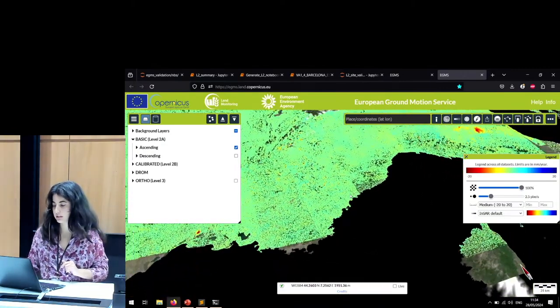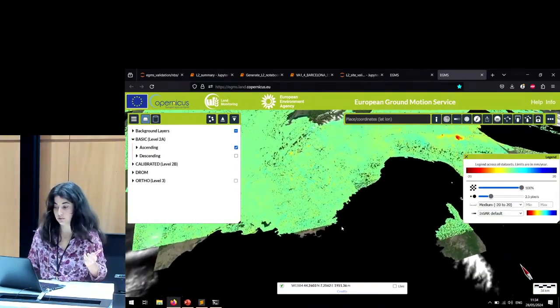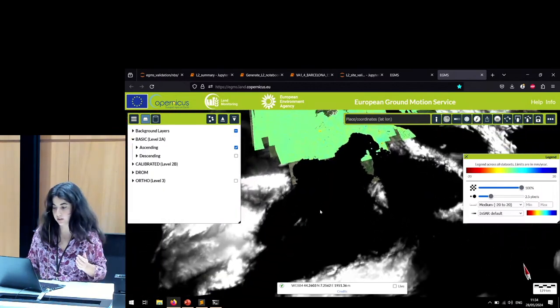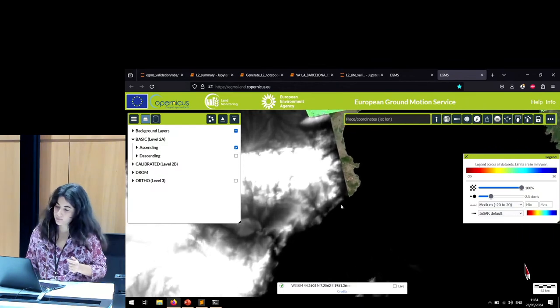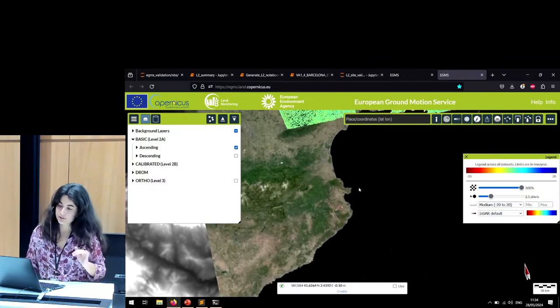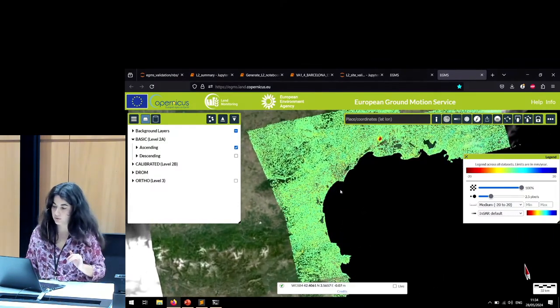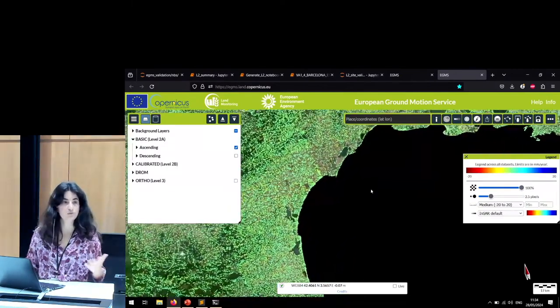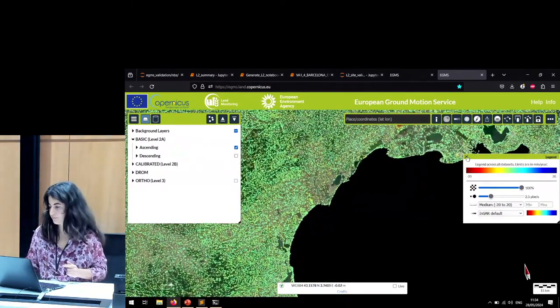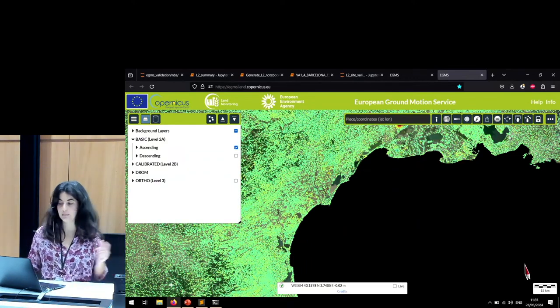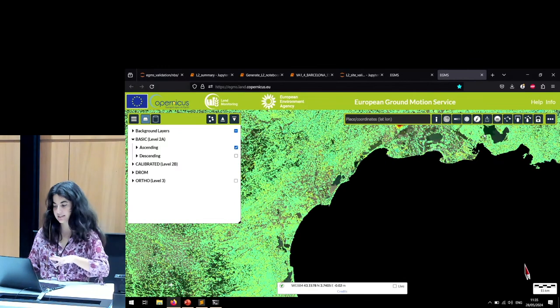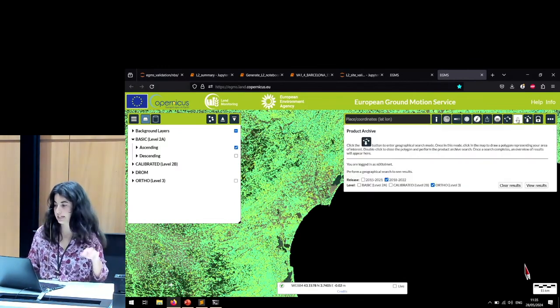And then once you are in an area that you want to download data, so let's go, for example, in Barcelona, and you're interested in a particular zone that you want to check the movement. There are various options that I invite you to explore in the platform, but now for the last 10 minutes that we have, I will show you directly how you can download them, that you have to select the archive